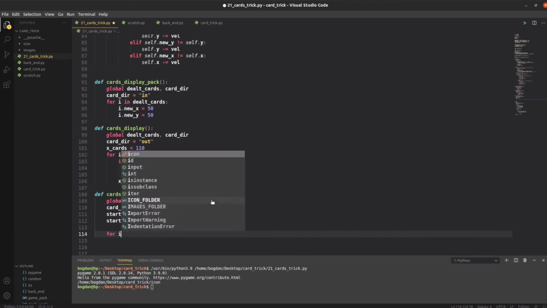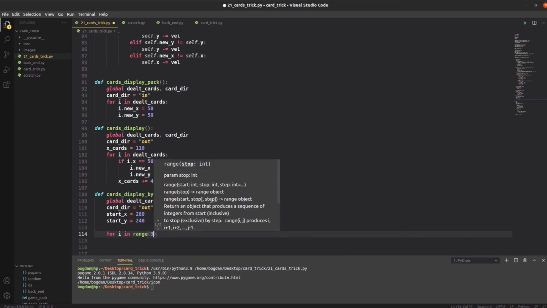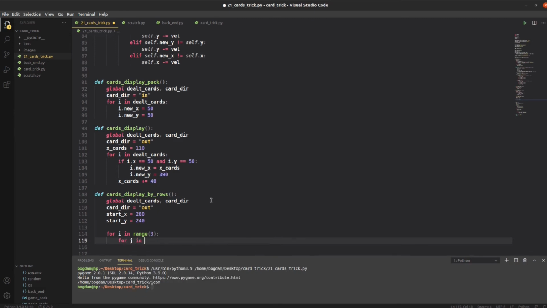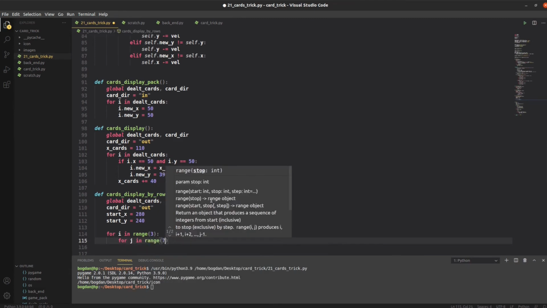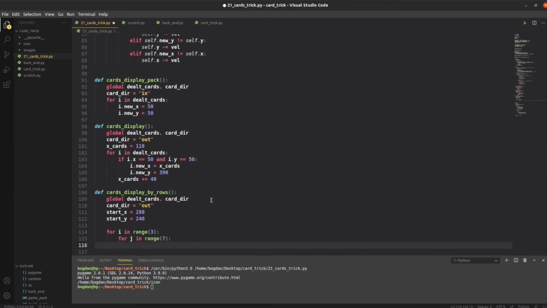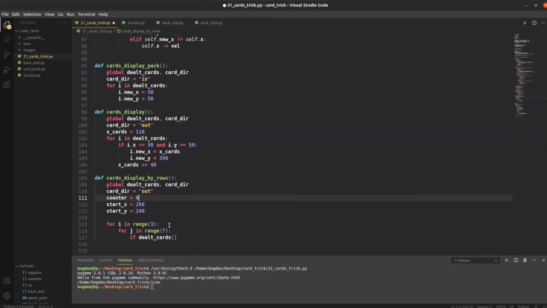So, I forgot to define a counter here. So if dealt cards counter,